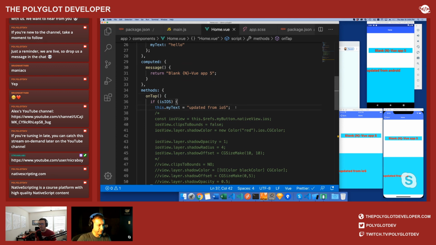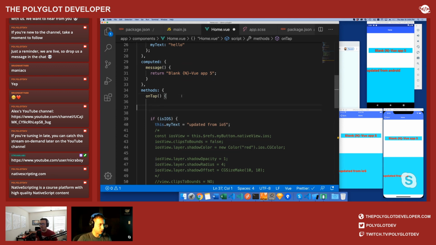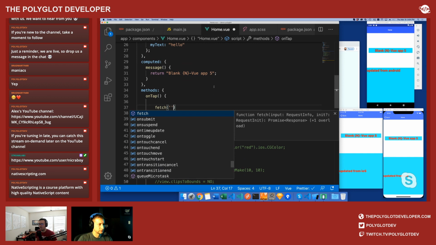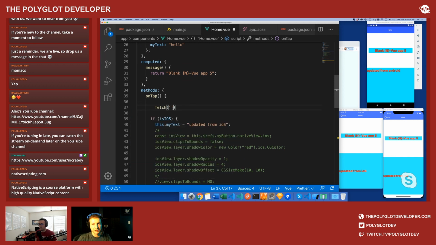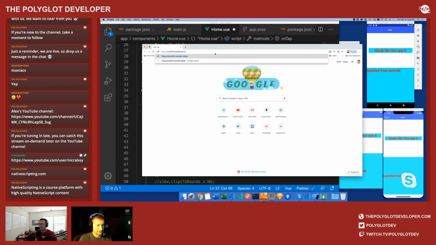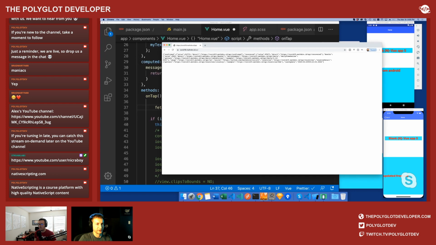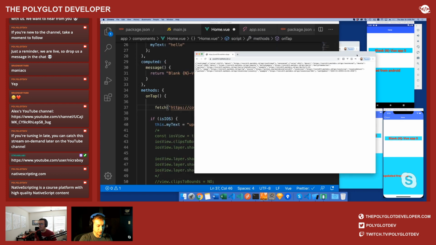One of them is HTTP. So we can say fetch here if we want to fetch some HTTP data. The fetch API is available as well here, just like it is on the web. Let's do a very relevant example here. We're going to do COVID, which everybody knows by now is the coronavirus. And there's this public API that's available. So if you go to this URL right here,